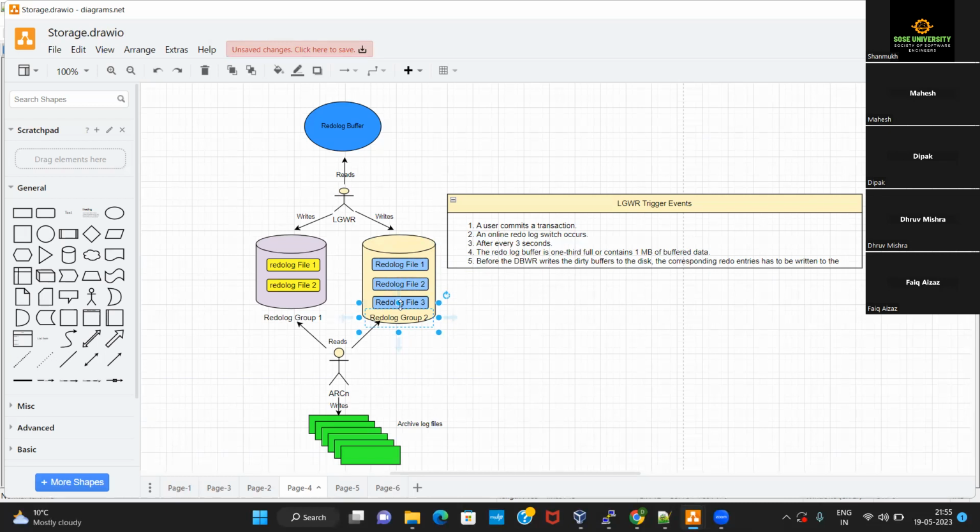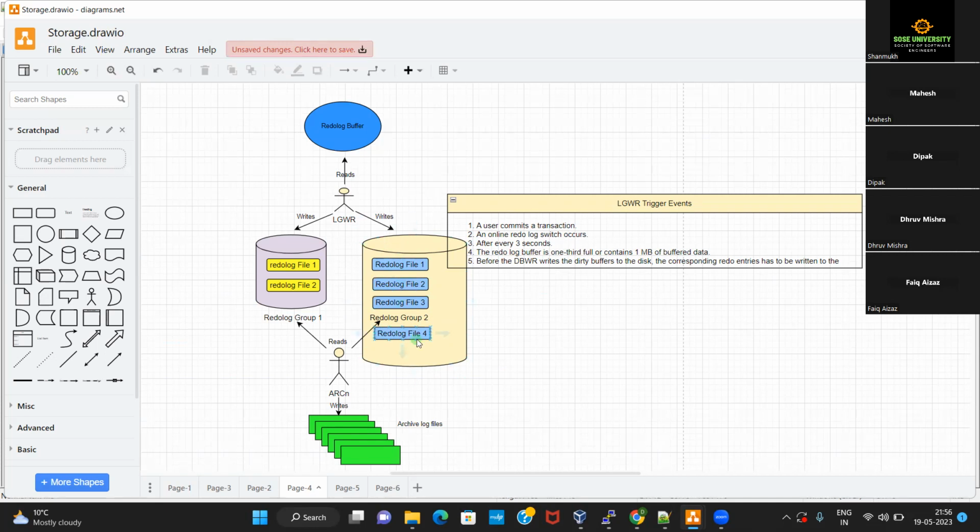Yes, Dhruv. Okay, so we are not going to achieve much if we configure two or three more redo log files, or members, inside this group. Let me expand it. If you configure another redo log file inside the same group, Oracle is going to write the same redo entries into this fourth file as well.